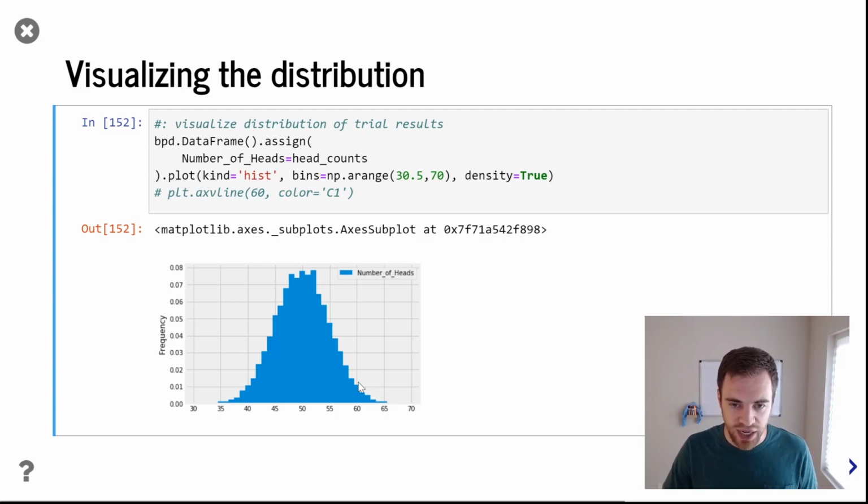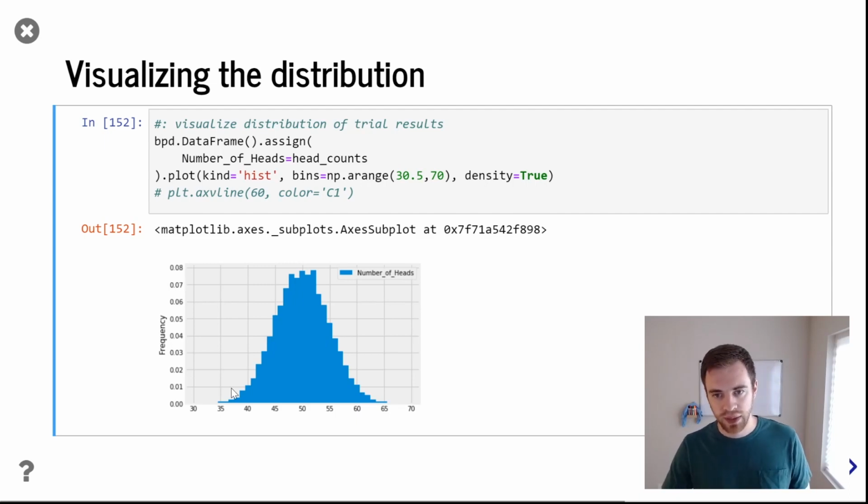So we see the probability of getting something greater than or equal to 60, which is looking here. You look at 60, and then all of the outcomes which are greater than or equal to 60 are these. That would be the area of this part. If you add up the area of all of these bars,